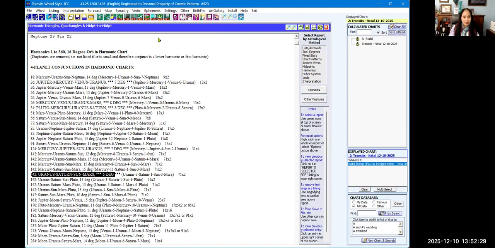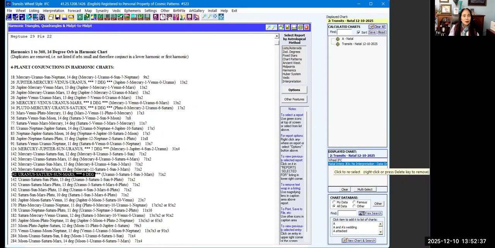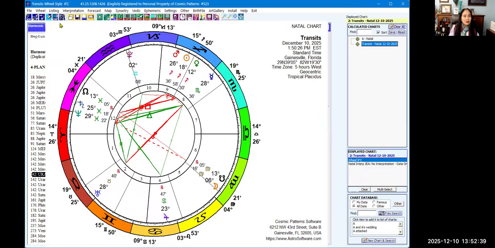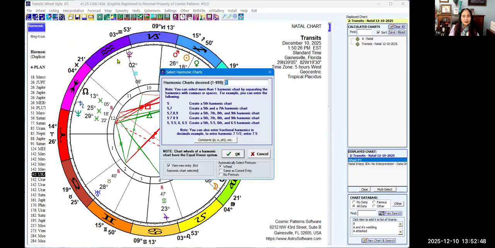Now we will look at this chart for this specific vibration. So we'll look at the vibration chart for this. We click on this harmonic icon and then click on harmonic vibrational chart, and we put 126 and 142.